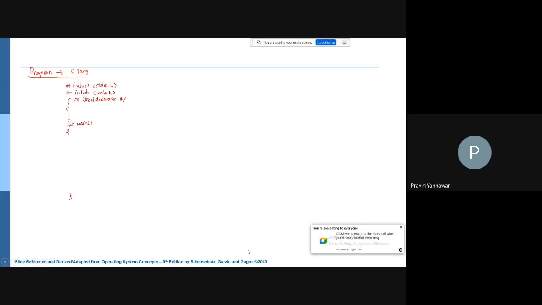If you look at, we'll have a bigger picture here. Before starting the concept, let us have a bigger picture. And this bigger picture is how we are reacting, as per the concepts, to the programs. So if you look at a general program which is written in C language,